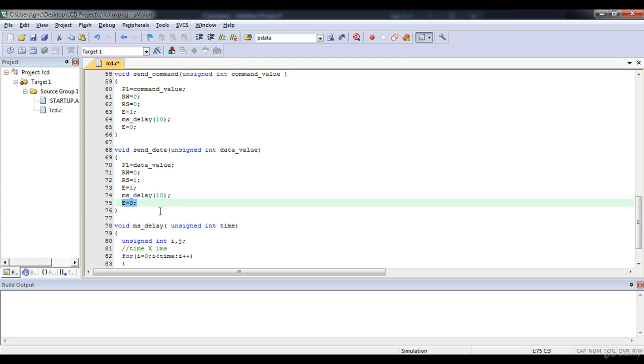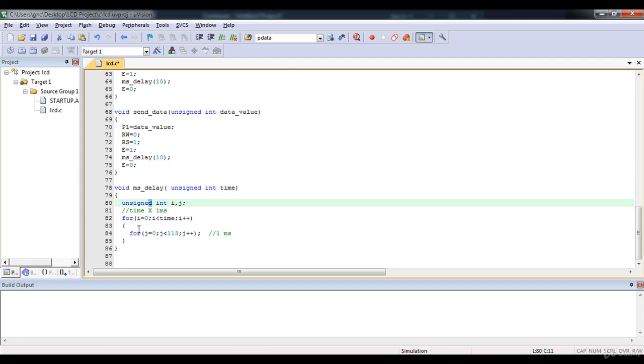So when this function gets executed, the data value will get written onto port P1 pins, and when there is enable 1, delay and 0, the data gets latched inside the LCD. So when this function gets executed, data will be there in data register of LCD, and when the other function gets executed, the data will get inserted into command code register.